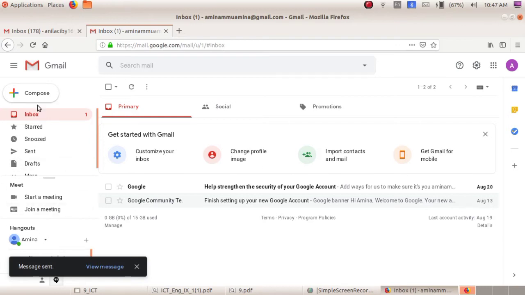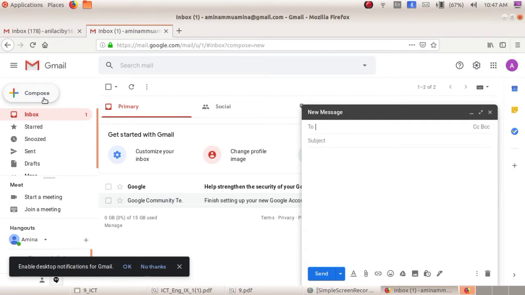Now, when you are sending, you can see the address field here. Now I am typing my address. Also, you can see two things: the first one is CC and the second one is BCC. What is CC and BCC? CC means carbon copy. BCC means blind carbon copy.